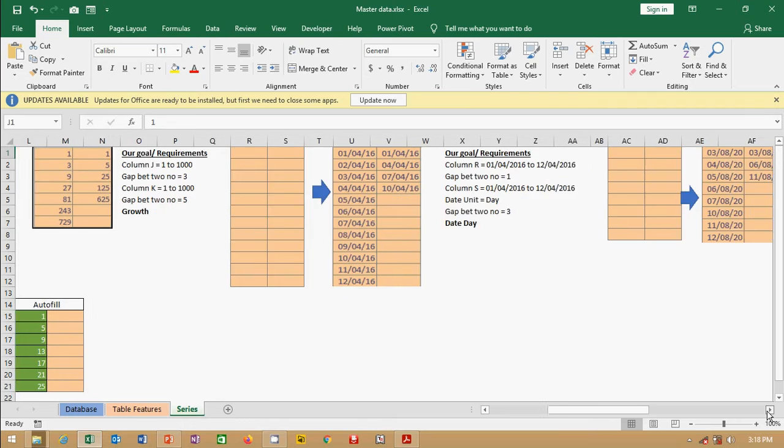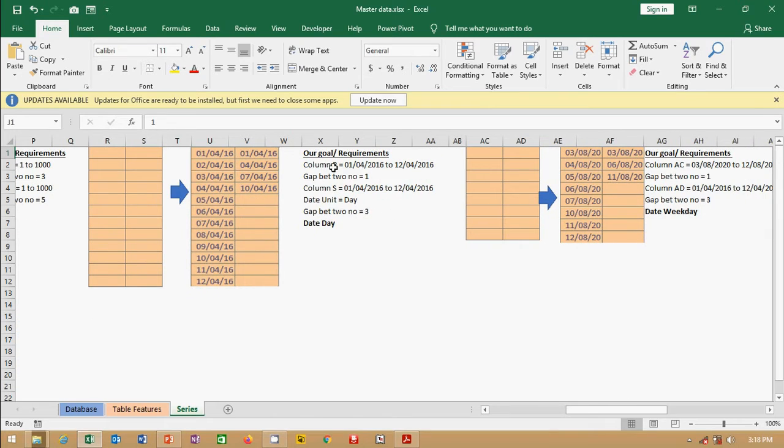Let me come to the next one. Then column R, it is a date series. Suppose you need to fill this series with dates, from a starting date to an ending date, with a gap of 1 between the two dates. Let me write the first date, 1/4/2016.